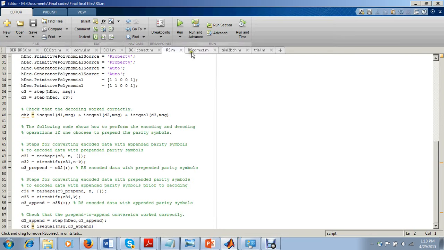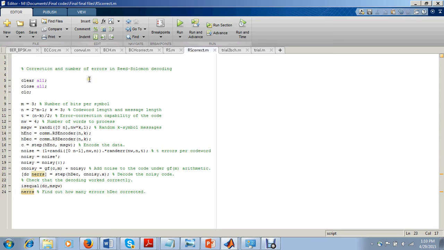Now this is another file where we are going to not just detect the number of errors but actually correct them. So again I'm doing the same thing. I am passing it through an encoder, then adding the noise and then decoding it. So what should I get as results? So when I run it,